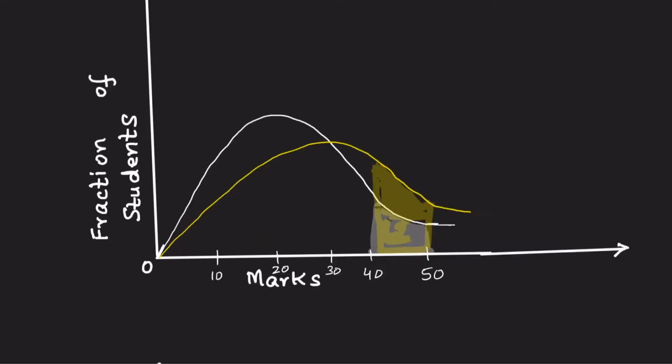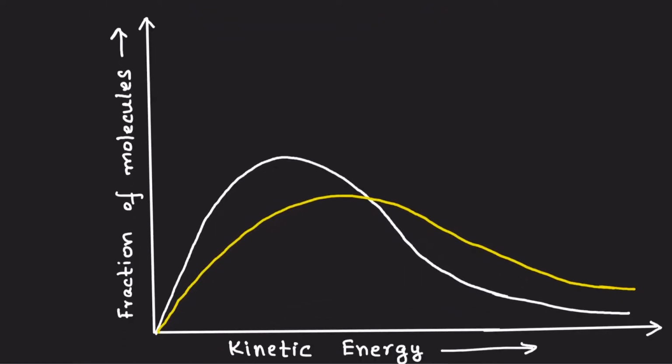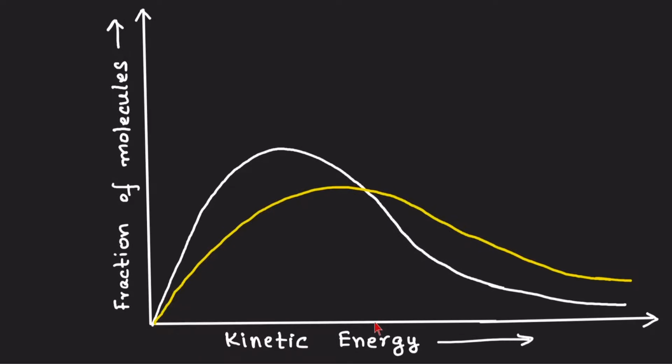This is the same thing that happens when you talk about a reaction mixture. So what you see in white over here is the representation of the average kinetic energy of the particles, and on the y-axis we are representing the fraction of the molecules having that much energy. So, if you follow the white curve, this is the average distribution of the kinetic energy of the particles in a reaction mixture. Very few molecules.